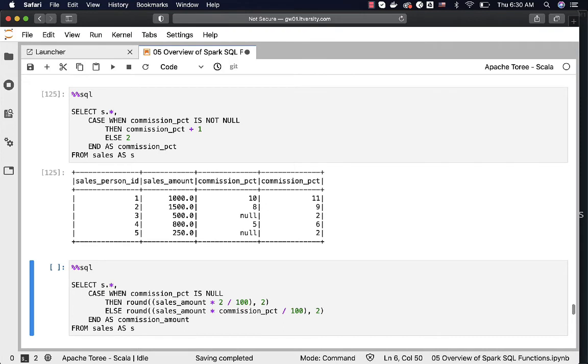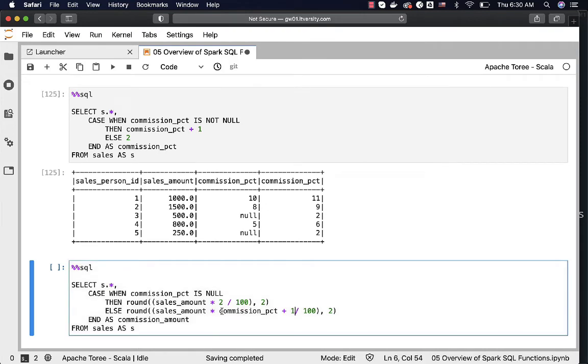Now if you want to compute commission amount using this approach, this is the solution. In this case, you have to understand the impact of BODMAS rules. So I'm directly incrementing or increasing commission percentage by 1, and hence I have to enclose it in circular brackets. Otherwise, sales amount will be multiplied by commission percentage first and then will be added to 1, which is not correct. This is the correct one. So you have to include this commission percentage plus 1 as part of the brackets like this, and you should be able to compute the commission amount as per our requirement.